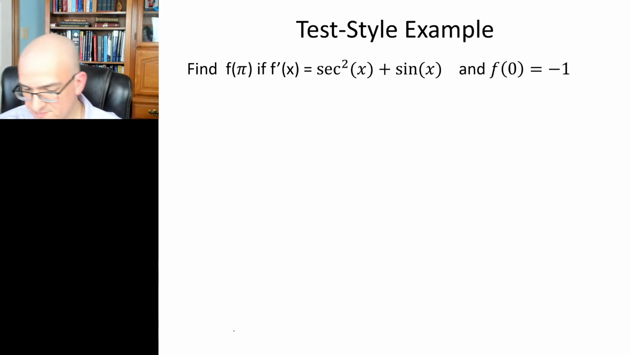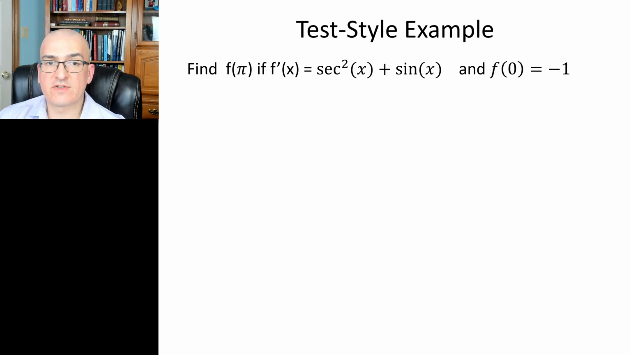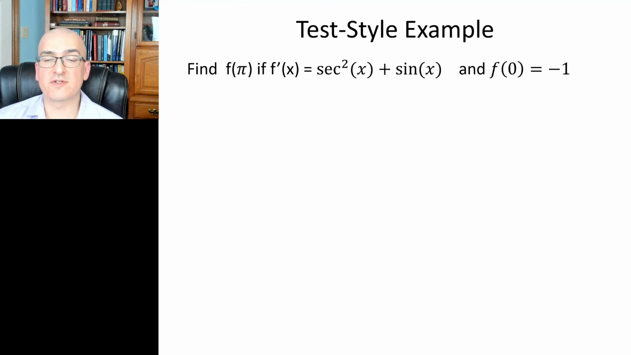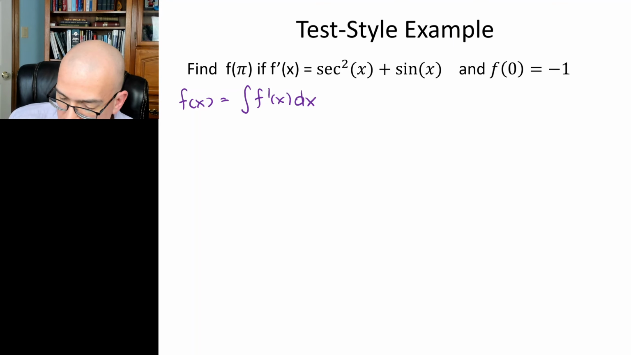Another example. This one, test style. We're asked to find f of pi. What is the value of the function evaluated at pi if the mystery function's derivative is given by what's there? So I'm going to start by taking the antiderivative of the derivative to get the original function with the plus c. So the antiderivative of secant squared of x